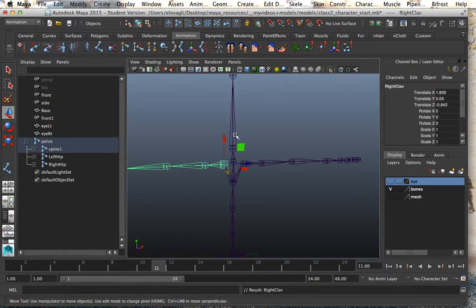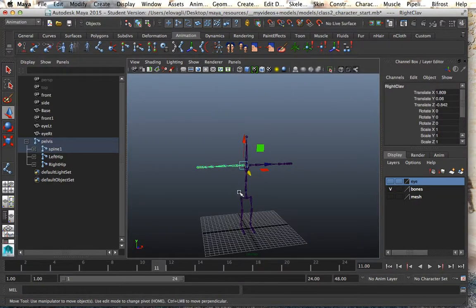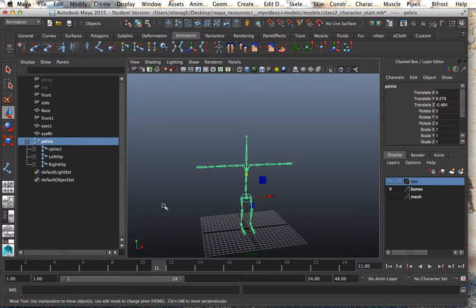So at this point, if I go and select what I call my root joint, that is the pelvis, you see that the pelvis has underneath the spine, the left hip and the right hip, all beautifully organized into a parent-child